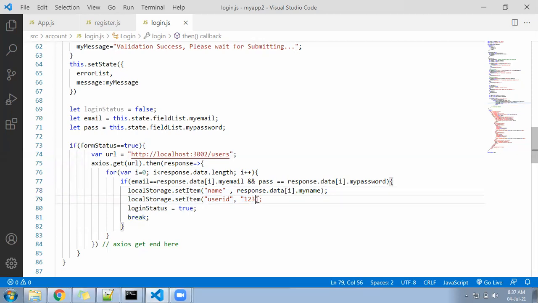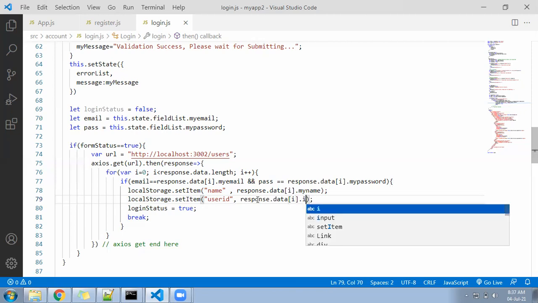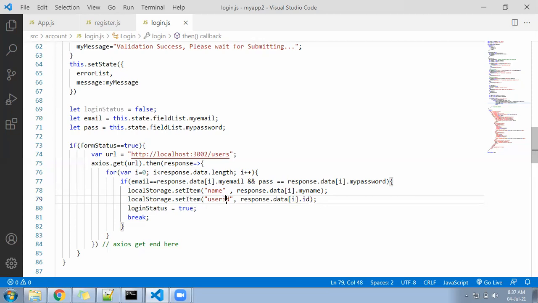Another one, response dot data of i dot ID. The JSON file is giving one ID also. So we wanted to know who is logged in and what is his name. Then only we can redirect him to the dashboard.